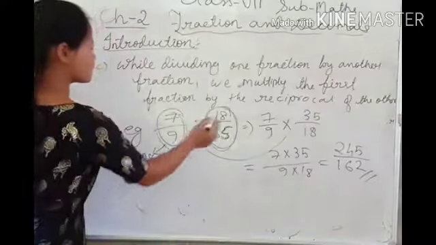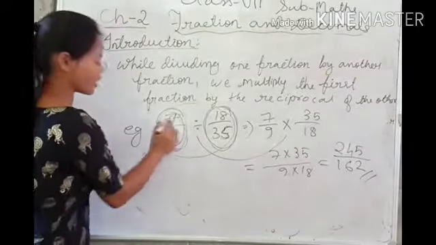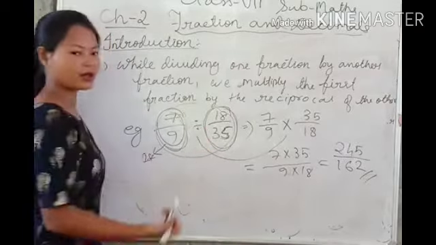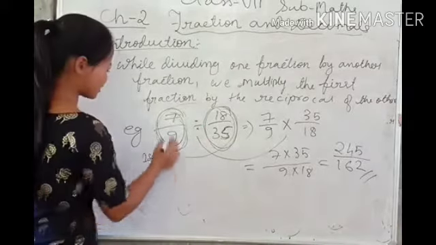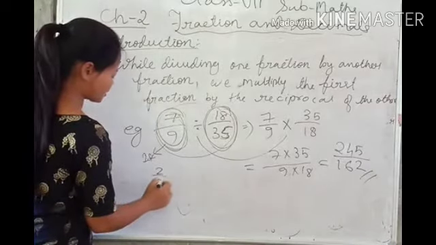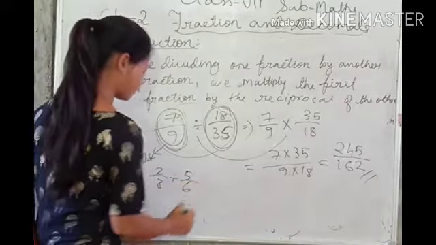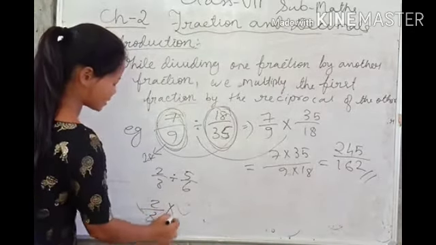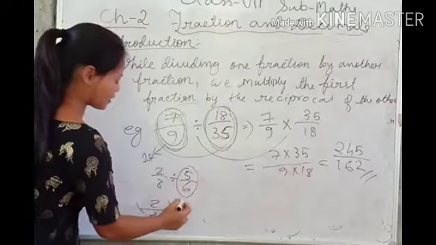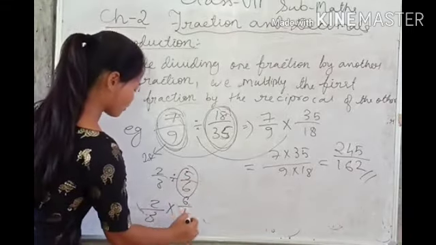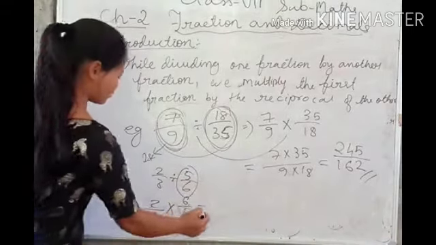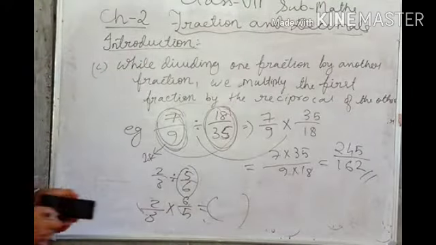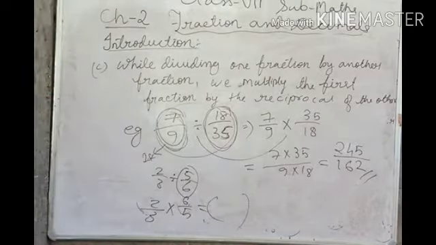So that means when you divide two fractions, the first fraction will remain the same, the second fraction will become reverse, and the divide will become multiply. That means what we understood from here is, if we divide a fraction like this, this divide will become multiply, and the second fraction will become reverse. That will be 6 upon 5. Okay. Now you can multiply using the previous one. So now I will start the next topic.